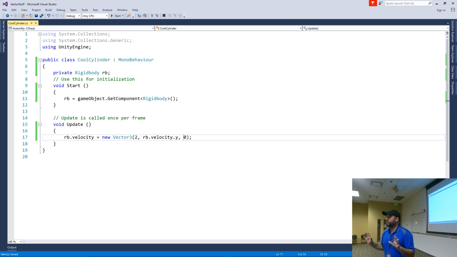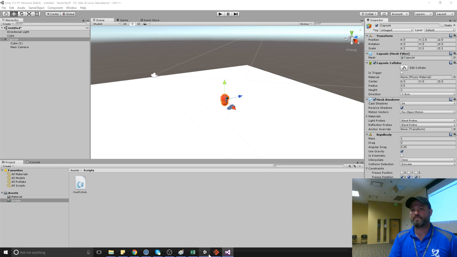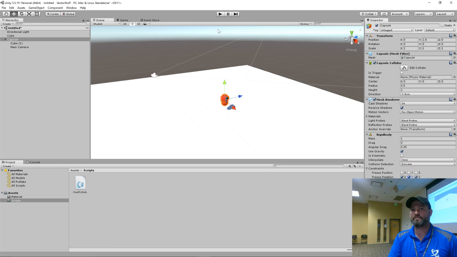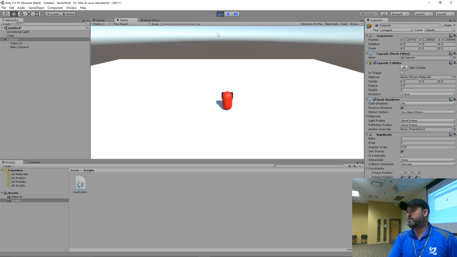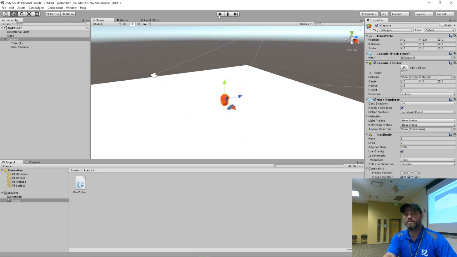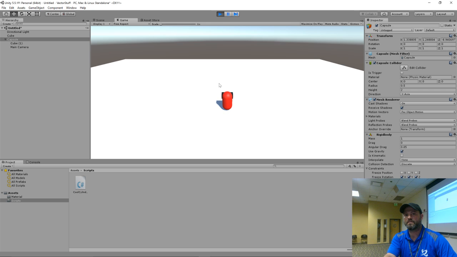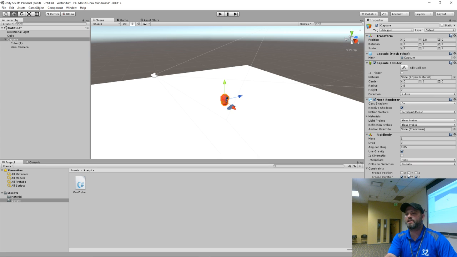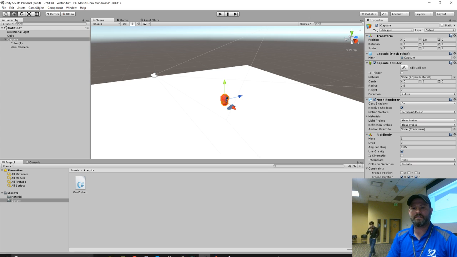So now gravity takes care of it, and he'll fall as gravity wants, but he'll still start moving to the right. All right? Is he still spinning? No, my guy's spinning. Oh, clamp the Y. Freeze rotation on the Y for your rigidbody.